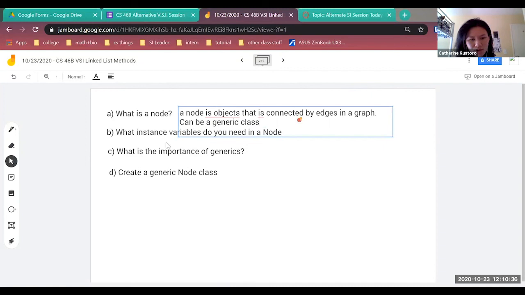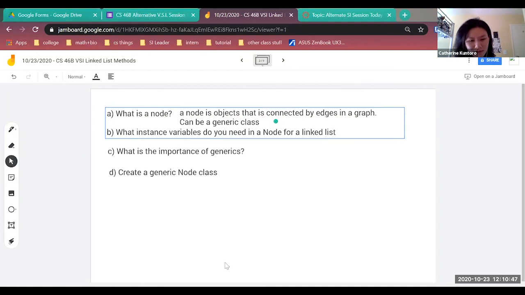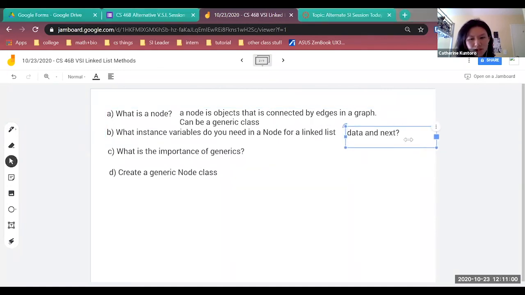And the instance variables you need in a, oh, I should clarify, not just in it, for linked lists specifically. So thank you again for answering. Yeah, you'll need to know what your data is and your next. And to clarify, you need to know,